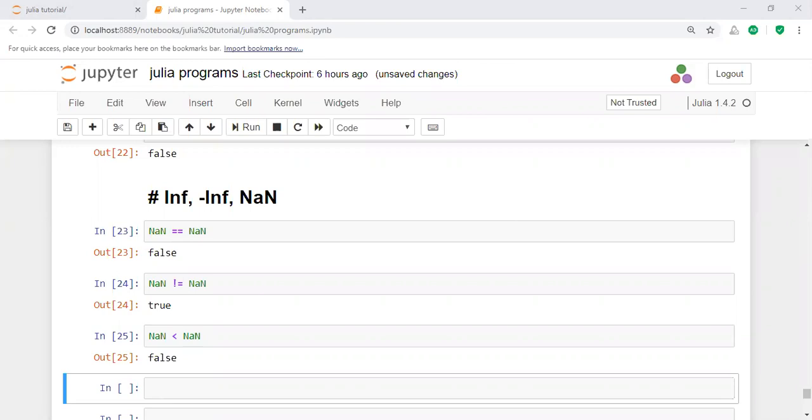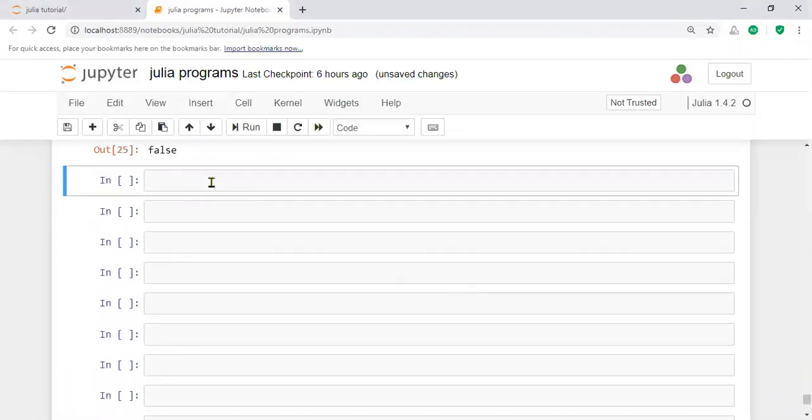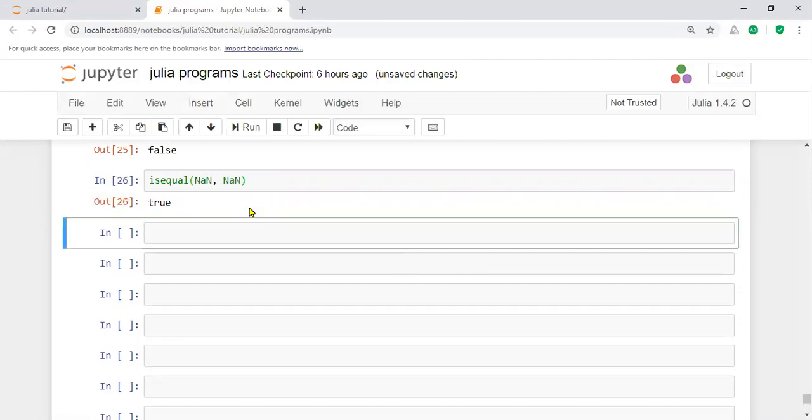I am telling you these additional functions: isidentical, isequal, isfinite, isinf. That is all, some additional functions. I am giving some examples for the additional functions isequal and isnotequal. Let us take a simple example. Let us say isequal, just like NaN equal to NaN is false, but isequal gives true. Okay.